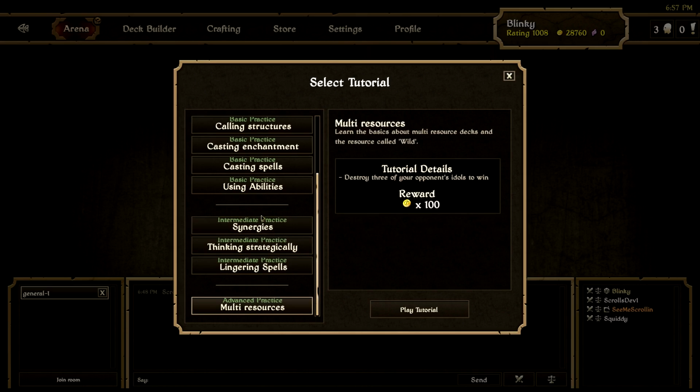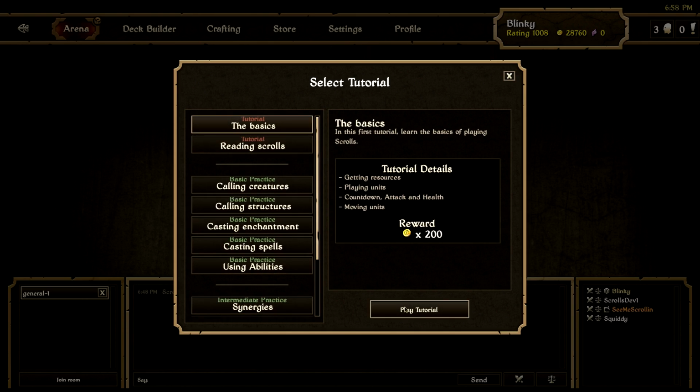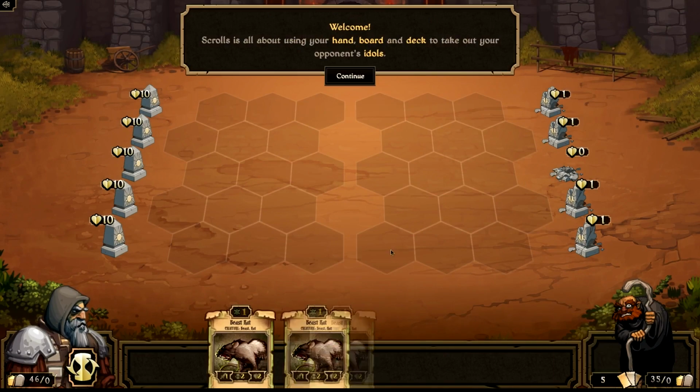This is the most important one because so many times you think, what the heck is this symbol? It's wild. You think, I don't know. Nothing explains it, but now there is. So yeah, we're going to hop into these tutorials and we're going to have a look because I haven't done